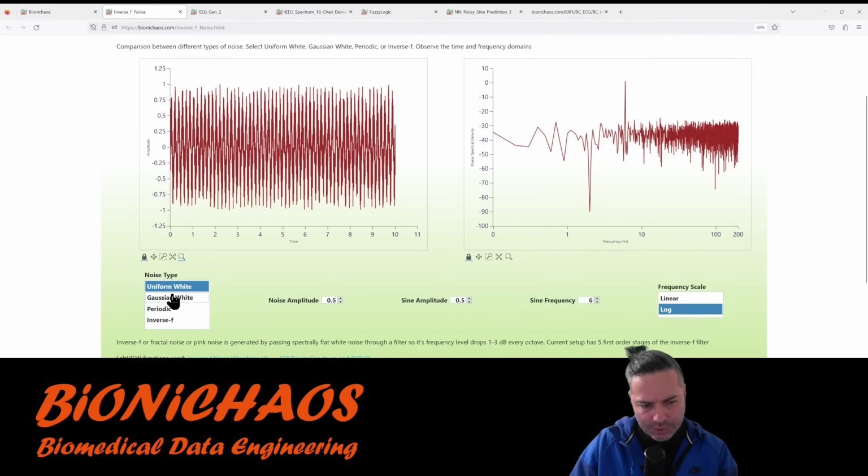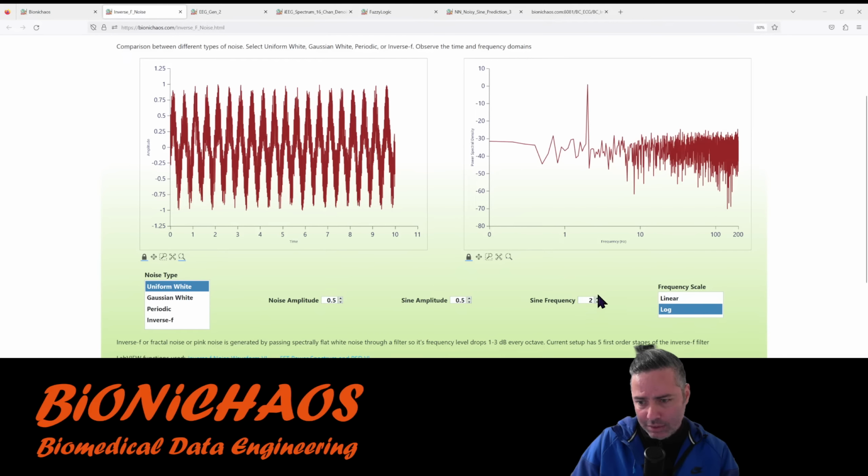In this case, uniform white, we have noise amplitude of 0.5, and the sinusoid amplitude is 0.5. That's the frequency of the sinusoid. You can select something else if you like, and you can see that the signal is very easily detectable